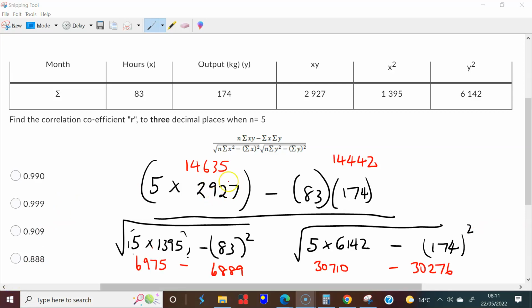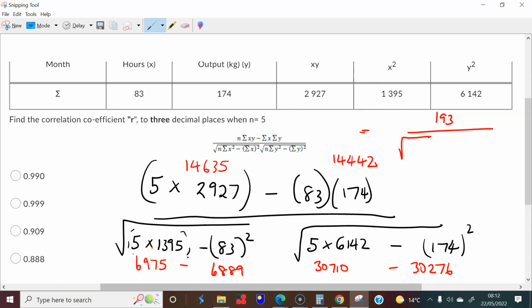To save time, I'll just do the actual calculations myself first of all. So there you have 14635 minus 14442. If we just do this top bit here, we should have 14635 minus 14442, which is 193. We have 193 on the top, and on the bottom we should have the square root